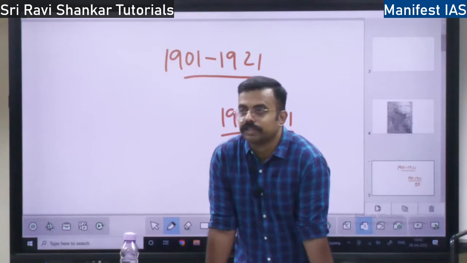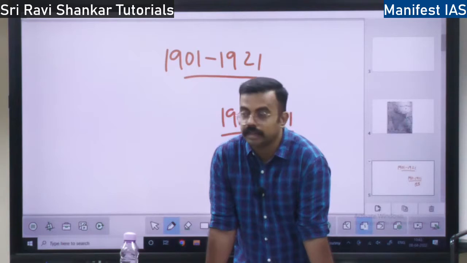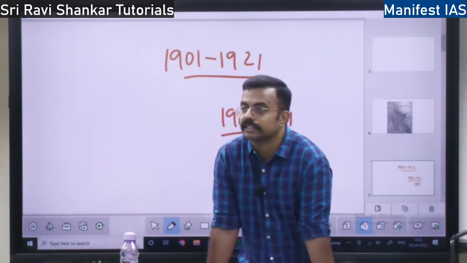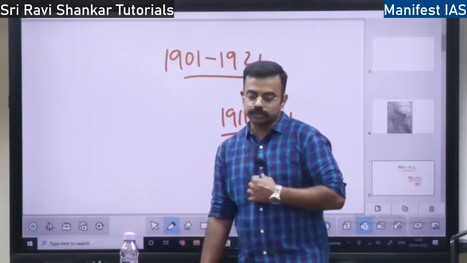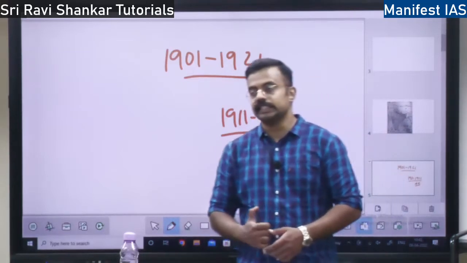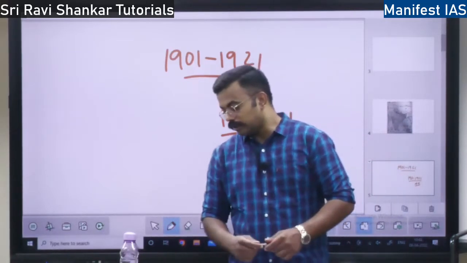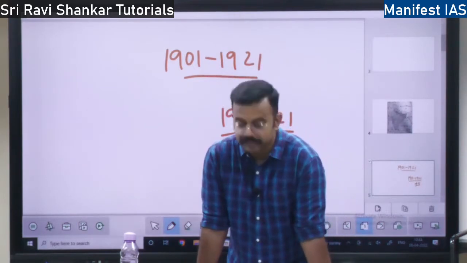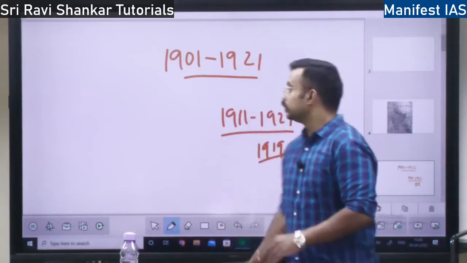Average life expectancy during the British period was around 27 years. So if you were born then, you could expect to live for approximately 27 years, that's all. But today the life expectancy has increased up to 70 years, right? Because of good health infrastructure, education facilities, good water, hygiene, sanitation and good housing facilities, hygiene has increased and life expectancy has increased. So this constitutes the first phase.